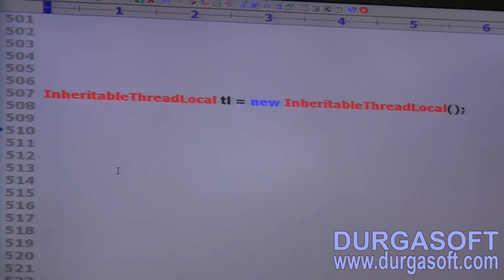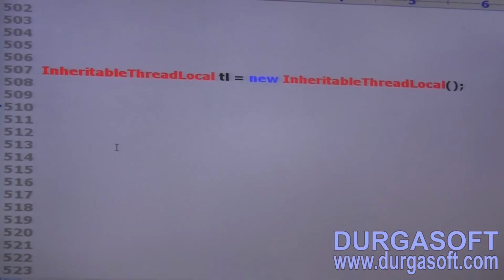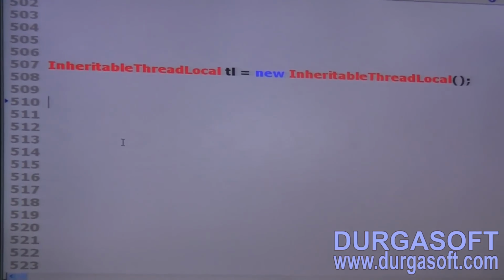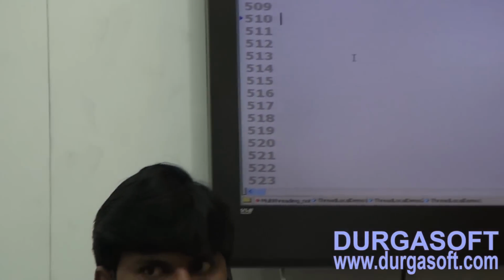Next, the supporting methods. Have you remembered that InheritableThreadLocal is the child class of ThreadLocal? So the ThreadLocal methods we covered, get, set, initialValue, and after that remove, are all by default available to InheritableThreadLocal. In addition to that, one more method is available.